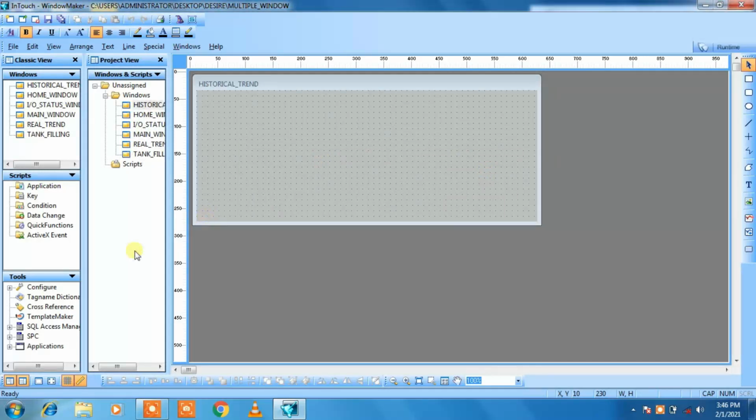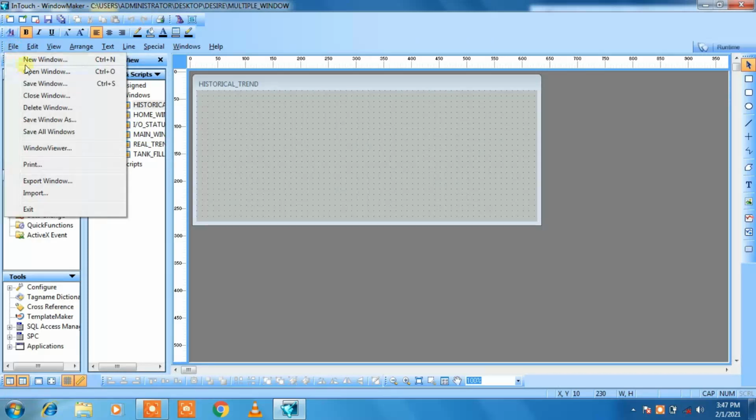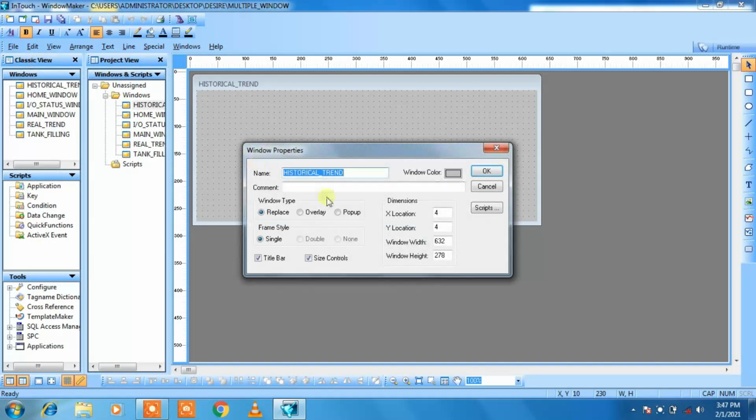Now I want two more windows, that is the alarm summary and alarm history. So go to File, click on New Window, and give the name alarm summary.